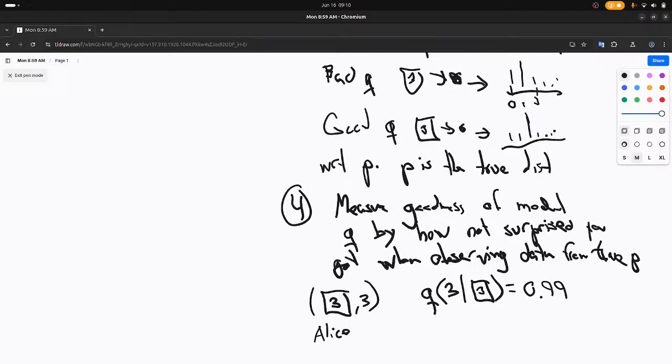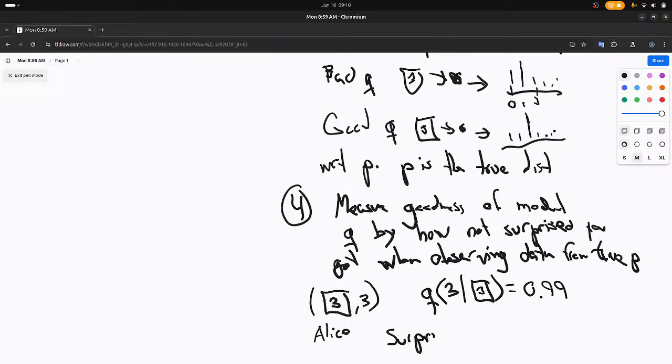And then Alice says, great, now I have your list of 10 numbers and let's see what you thought about the actual true label 3. Oh, Bob, you said 0.99. And then Bob says, yeah, I'm not that surprised that it's a 3 because I also thought it was a 3. Surprise